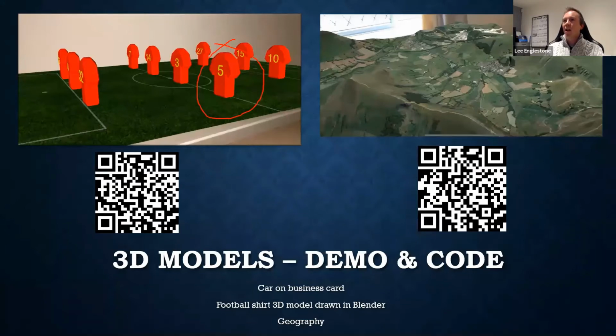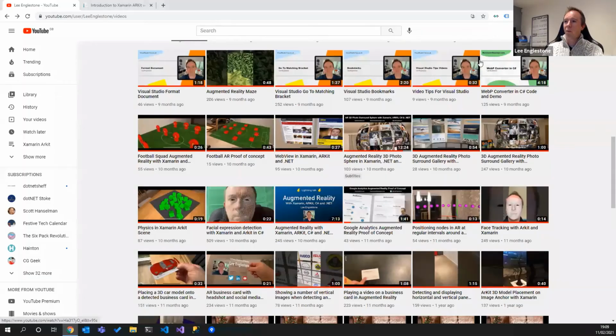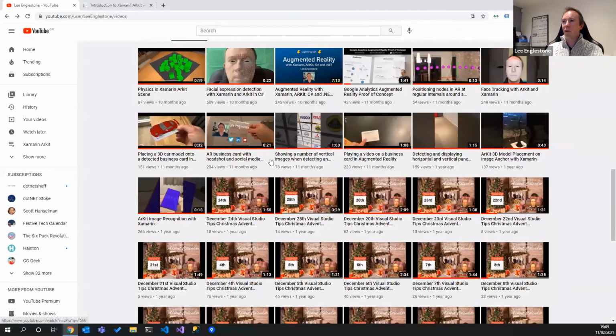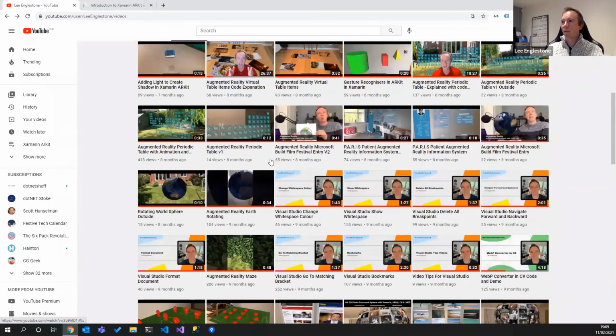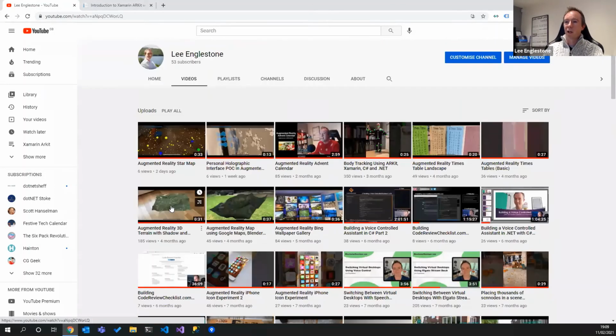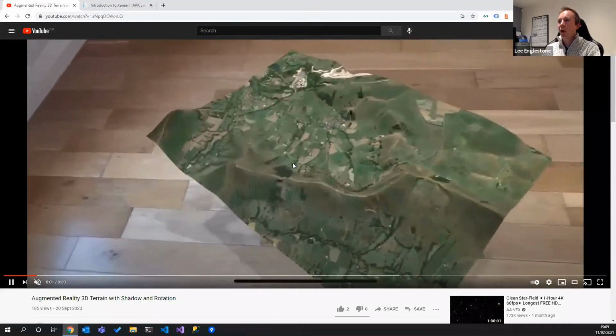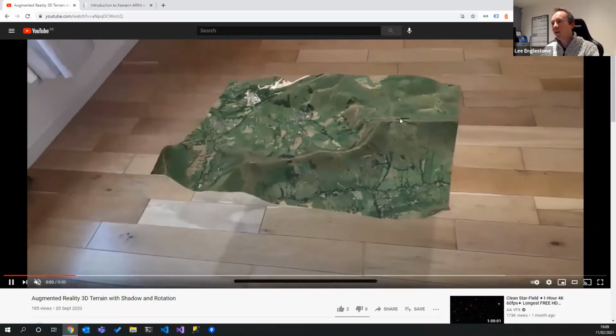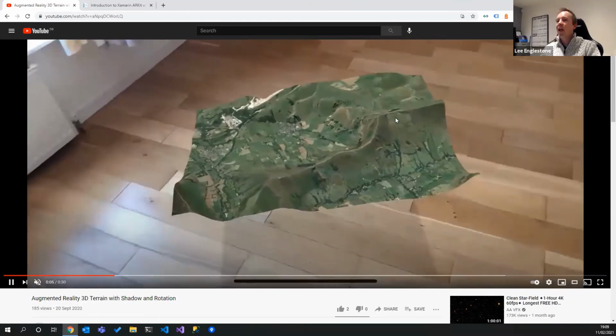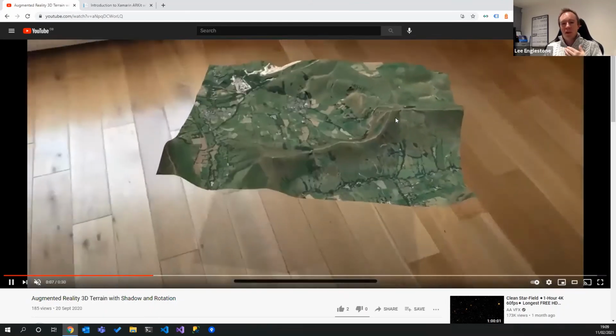Okay, so then as well as these very basic rubbish models that I've created, we can place other 3D models in. And I've already showed you this terrain one that I placed in the scene before, and I will show it really quickly if I can find it, because I quite like this one. So for this one, I thought, wouldn't it be great if I was actually stood on that hill, which is just a few miles down the road, and I could project a 3D model